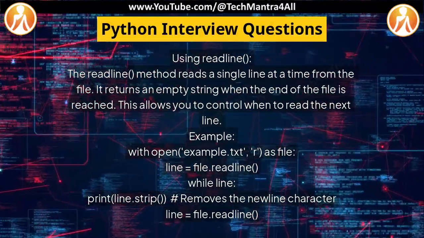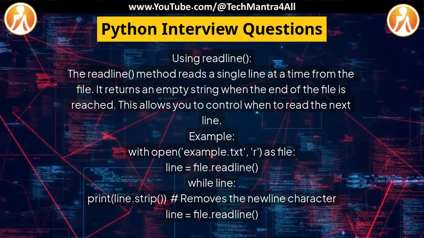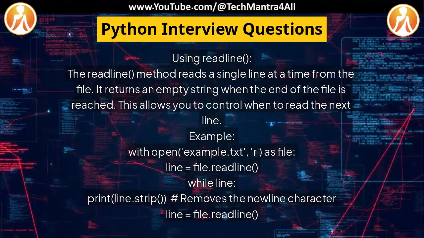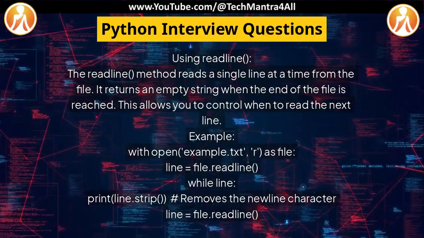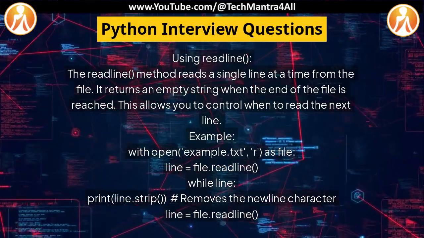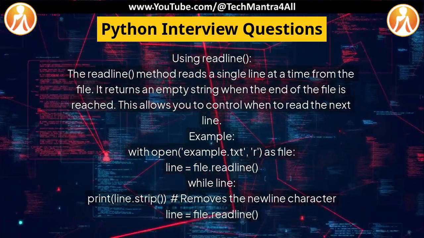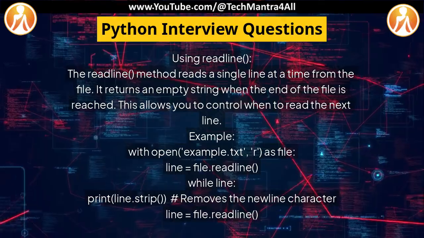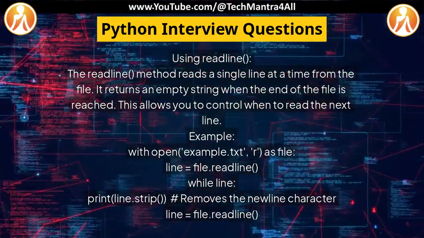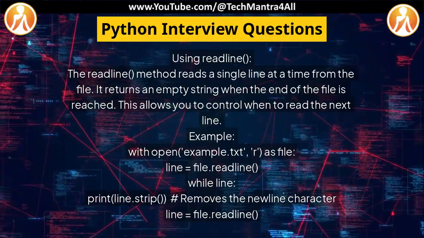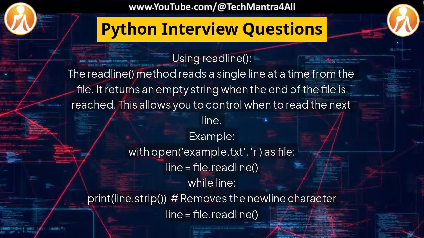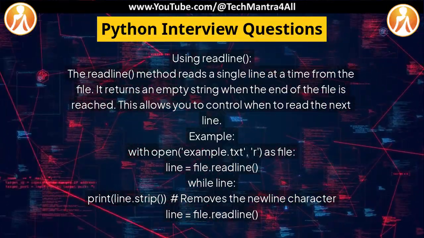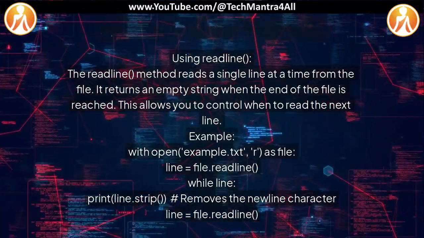Using readline: the readline method reads a single line at a time from the file. It returns an empty string when the end of the file is reached. This allows you to control when to read the next line. Example: with open('example.txt') as file: line = file.readline() while line: print(line.strip()) # removes the newline character line = file.readline()